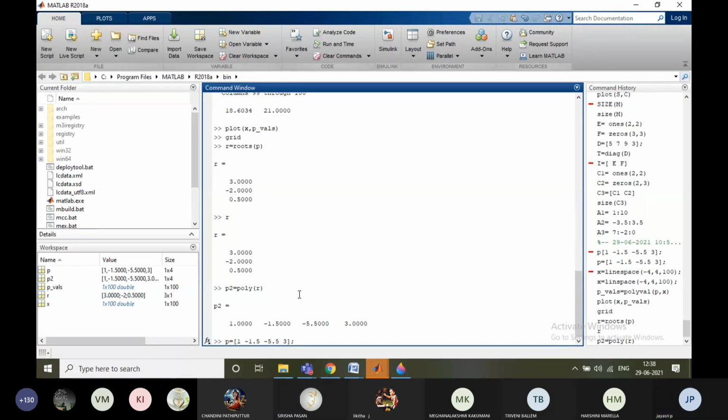No, ma'am. Okay, so if you wanted to create the polynomial values, by creating linspace,